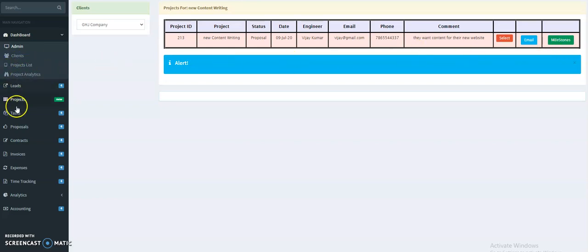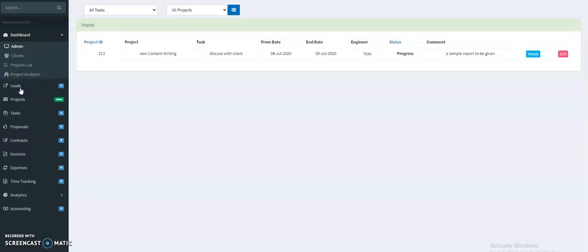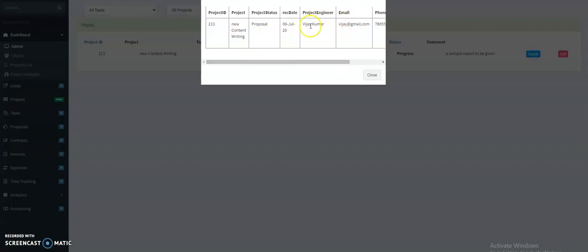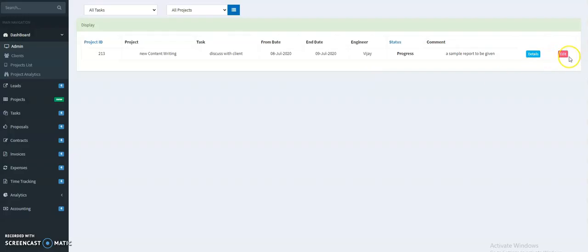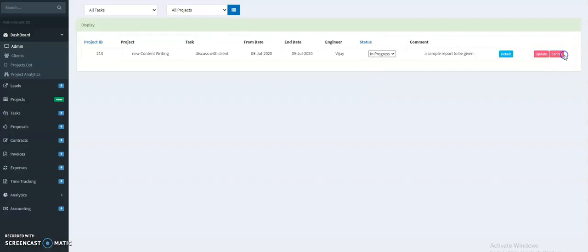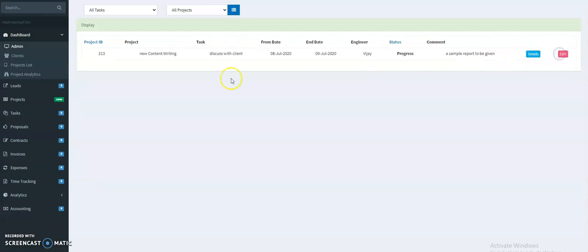Then we go to tasks, manage tasks. So here the task that has to be done will appear. In this task, we can see the detail where the client's details are appearing here. We can edit the status of the task. And once the task is completed, here we can also see all the tasks that are in progress, completed, pending, cancel, all projects by 30 days, 60 days, 90 days. Here the task pane ends.